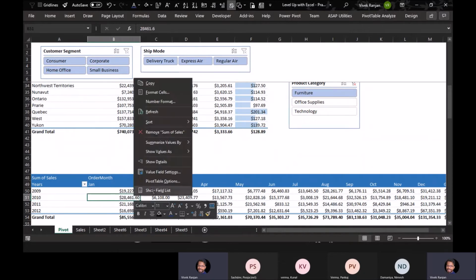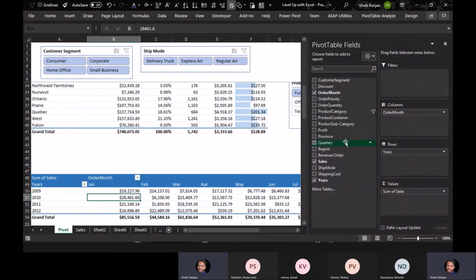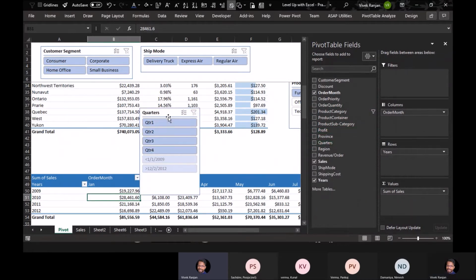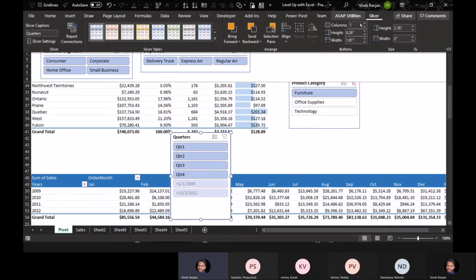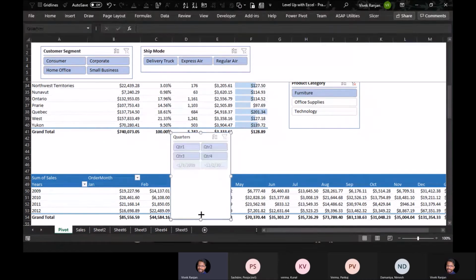And you can use those field list as a slicer as well. So let's say make it 4, or make it 2 columns. Sorry. So if I'm looking at Q1 month performance, Q2,